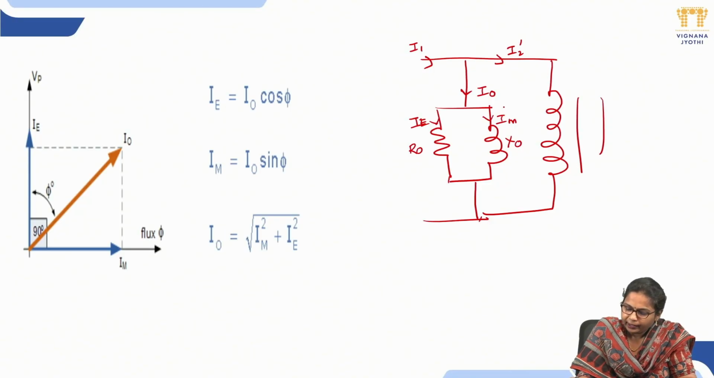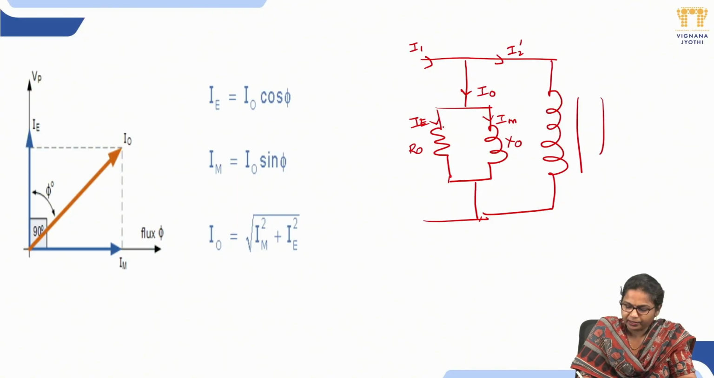So in the ideal transformer we talked only about the magnetizing component, but the moment we start talking about the practical transformer, we have to talk in terms of reality, where the resistance will also exist. So because of this,